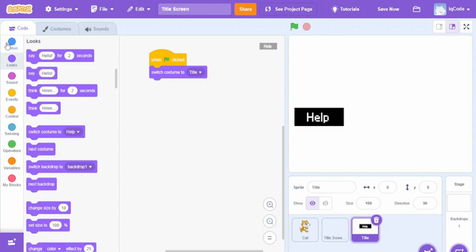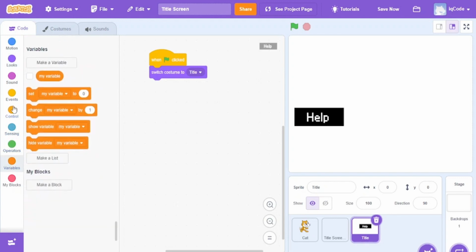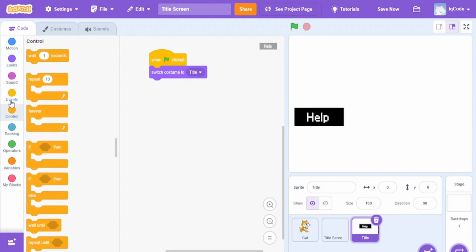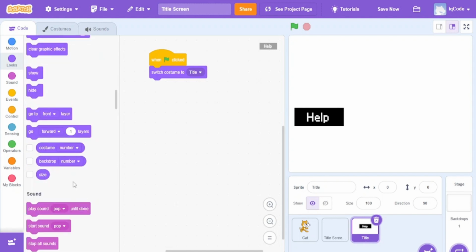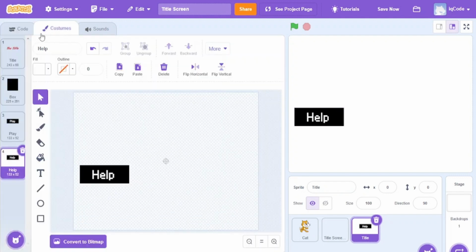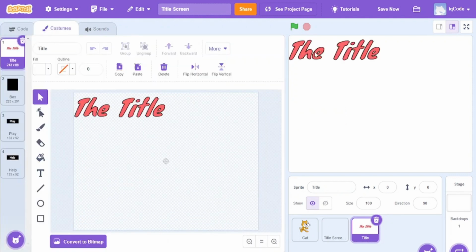And it's also going to show, let's see, where was it? Yes, looks, show. And when it's the title, costumes, when it's the title, I want it to be